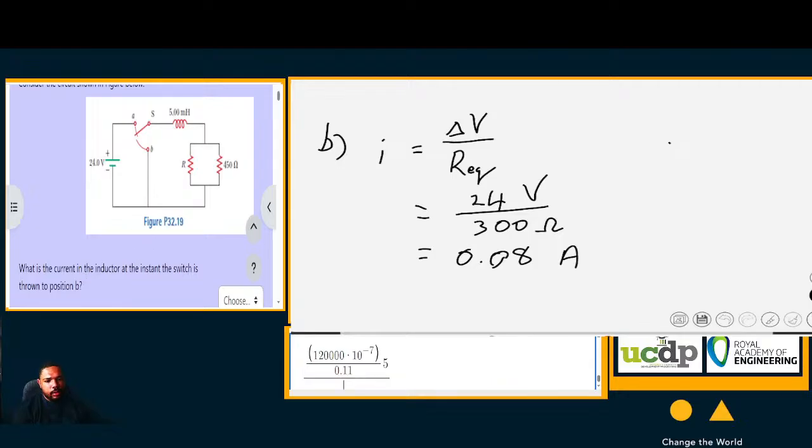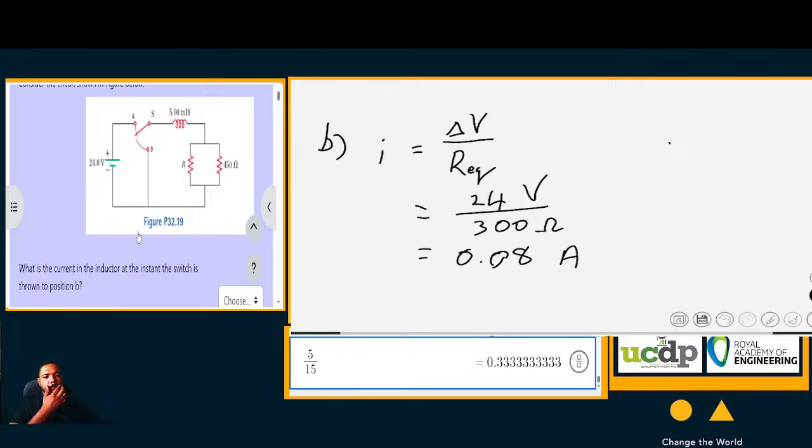5 divided by 15. I rounded. Ugh, terrible. Clear that. 5 divided by 15 is 0.333. So the equivalent resistance should then be not 300 as I said, but 333. So if you plug in 333 here, you see, equivalent resistance is 333, 24 volts divided by 333 ohm, you get, let's check,